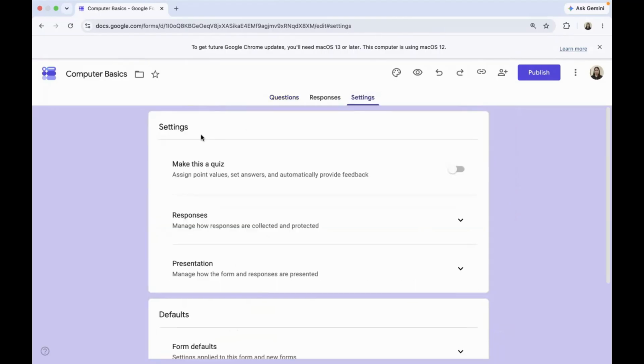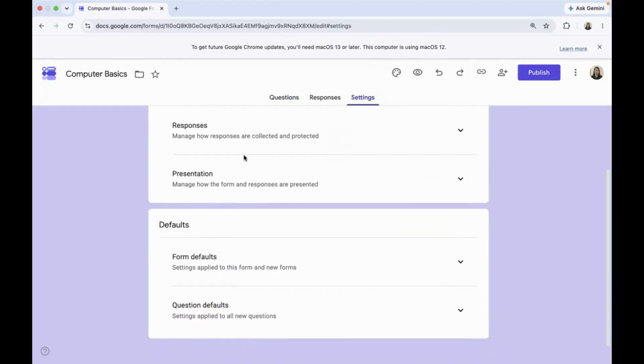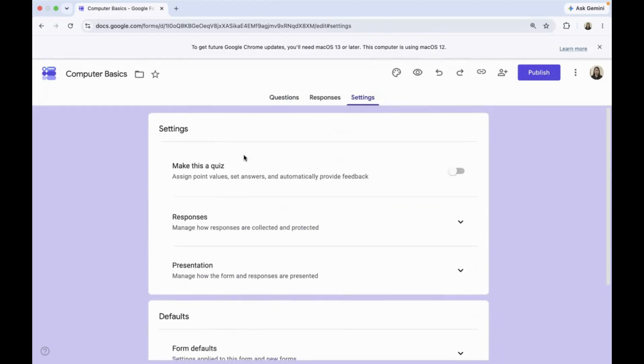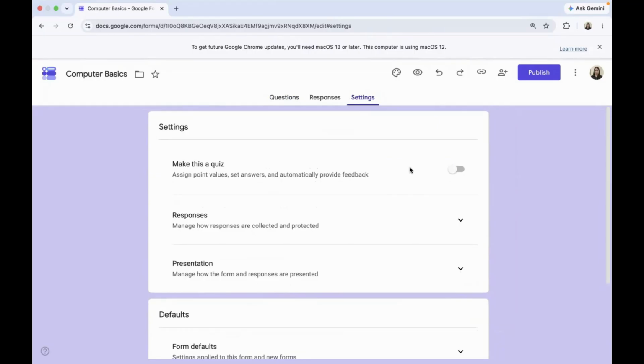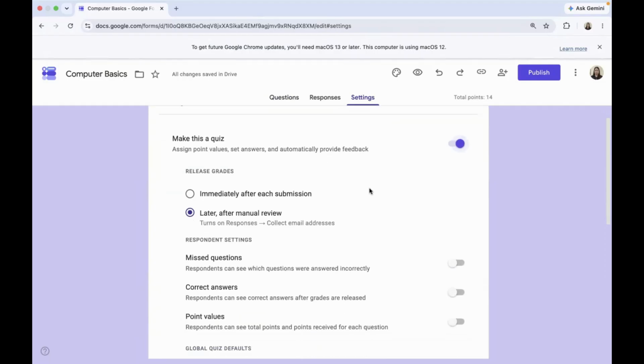Then under the settings, you can see here the different settings which you have to make if you want to customize the form. So at this point, we will make this form a quiz. So we will just turn on this button and you will be prompted how you want the grades to be released.